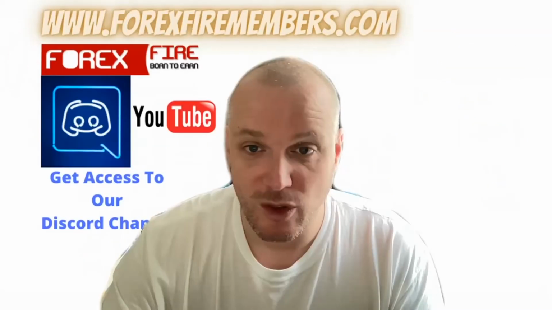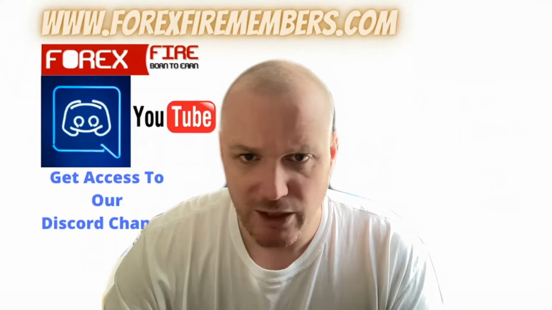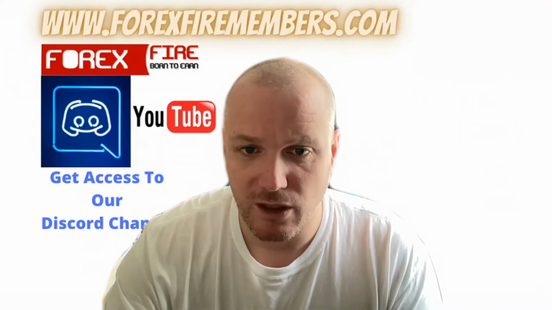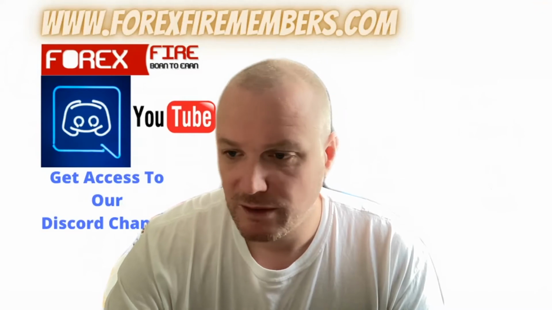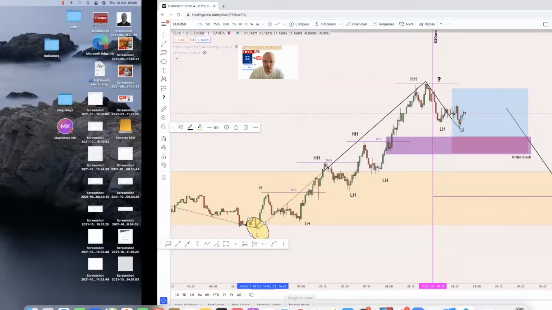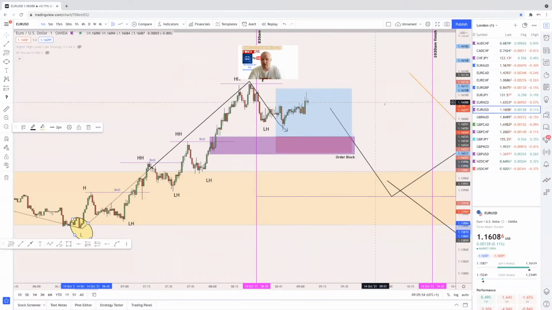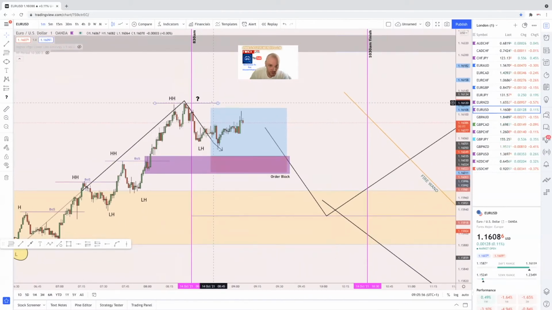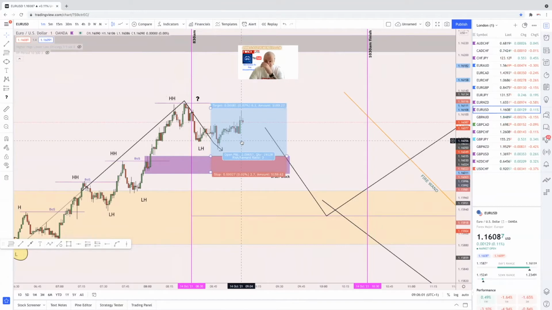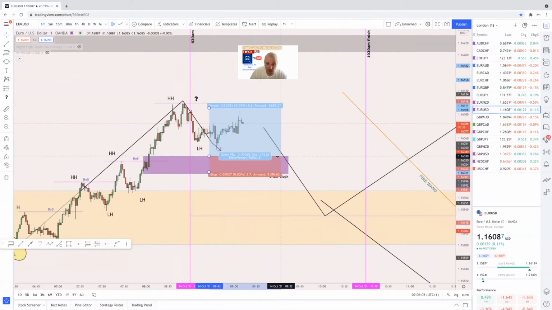So I'm just going to stop the share. Go back on the share screen. We'll see where we are on the actual trade at the moment. At the moment, we haven't broke structure on the top, and we haven't come into play on the order block at the minute. And again, we are only risking 1% on these at the moment.